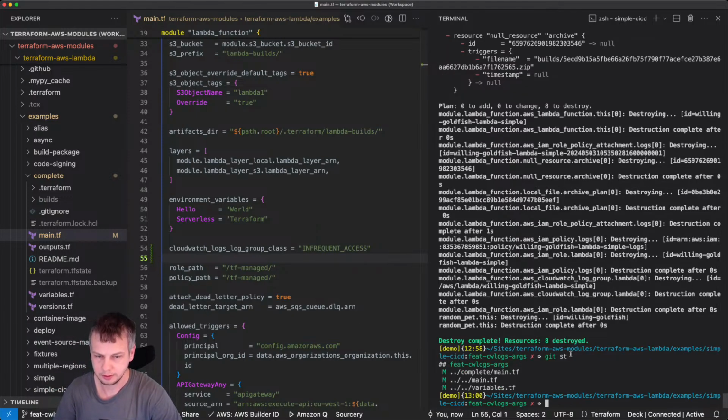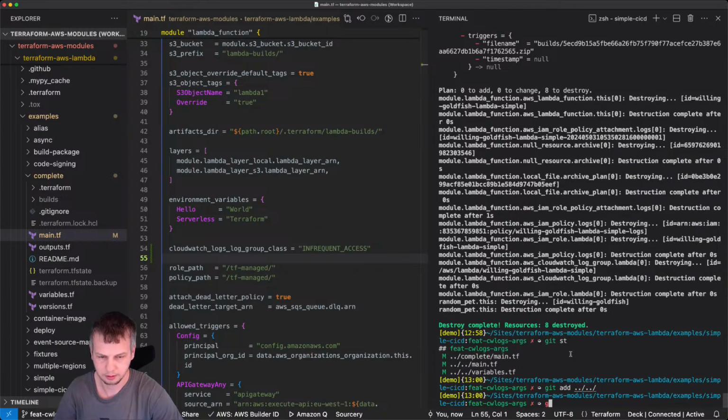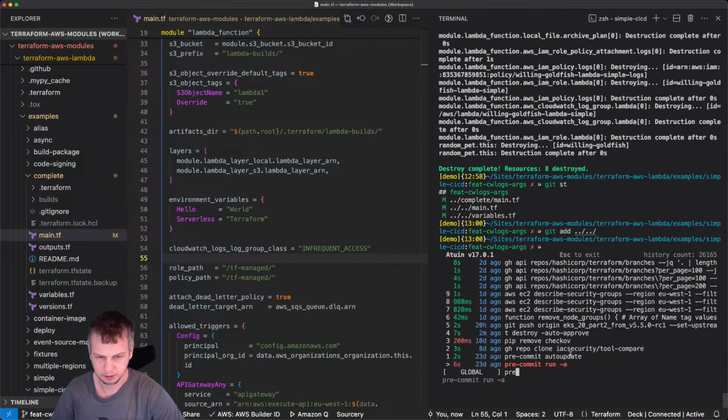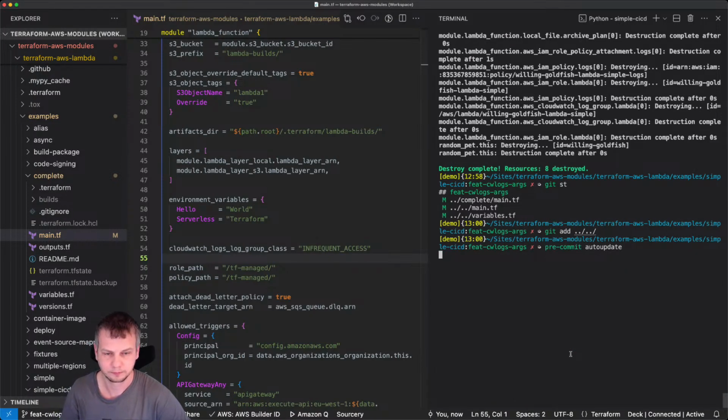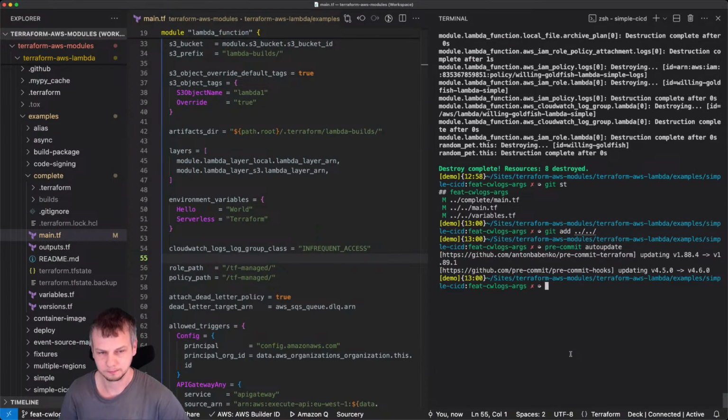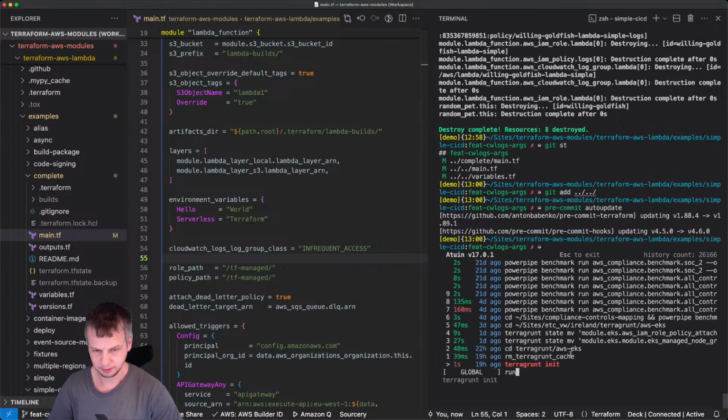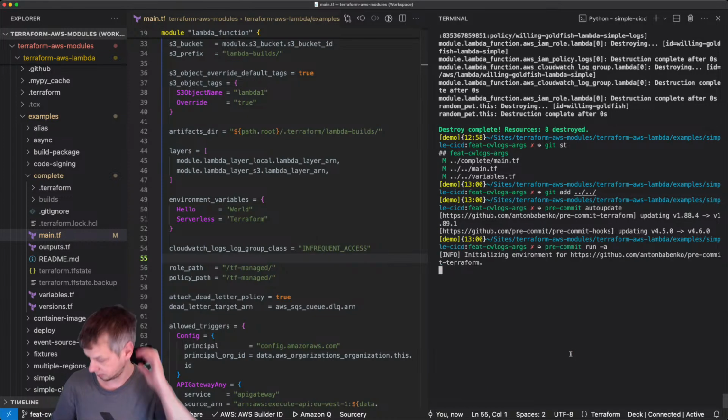So git status, git add, git actually. Yeah, because there were some new good things added into pre-commit Terraform.